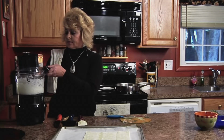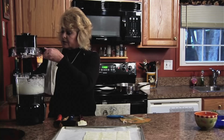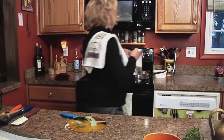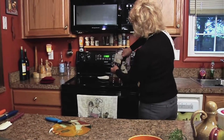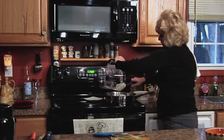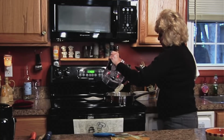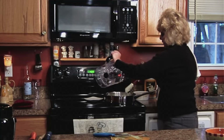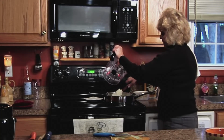I'm gonna see how this looks. Looks like it's all chopped to me. So we're gonna go ahead and put the onion right in the frying pan. We're gonna caramelize the onion for approximately 15 to 20 minutes. And then you wanna make sure that you're scraping all the brown bits off the bottom, because that's where you